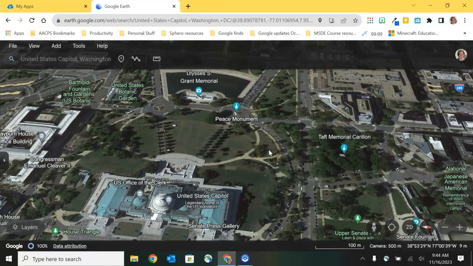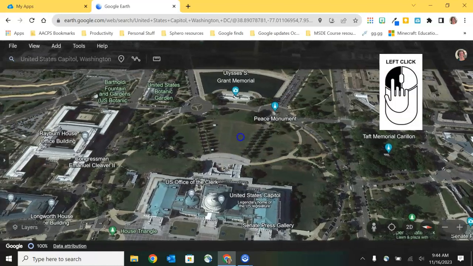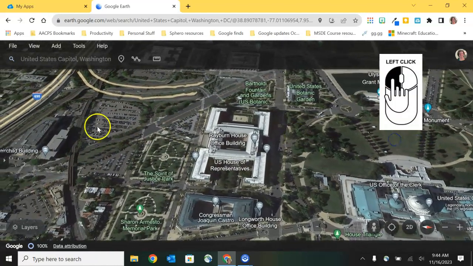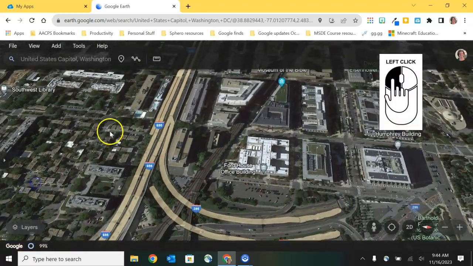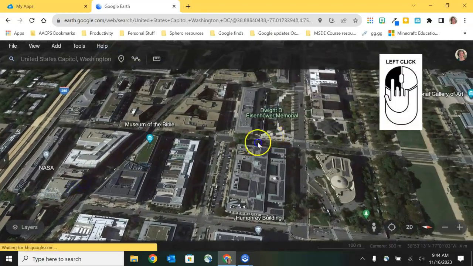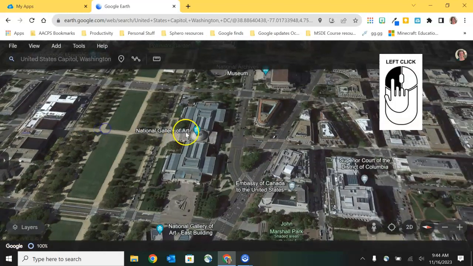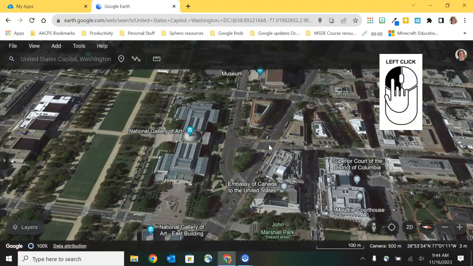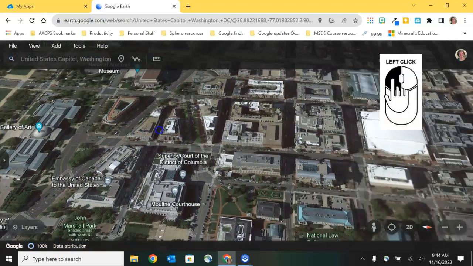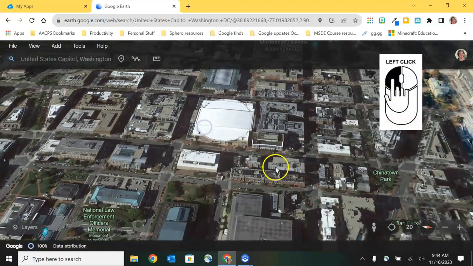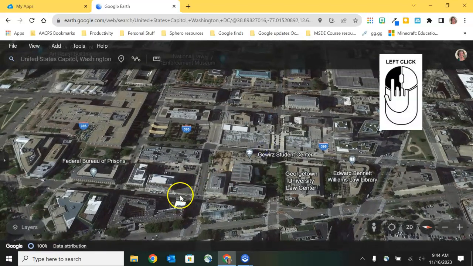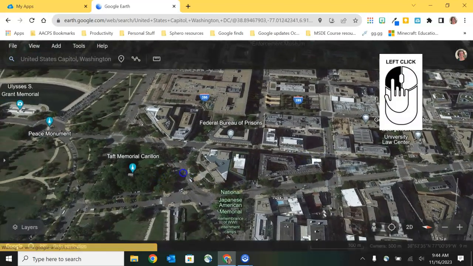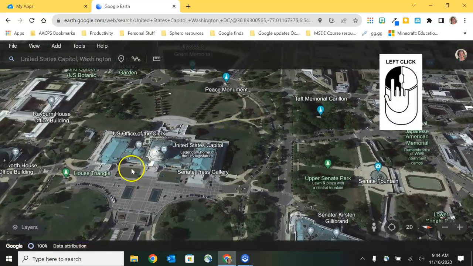One of the things that you can do with an external mouse, if you left click and hold down, you can drag around on the map to look at different places around whatever you had searched for. So I'm looking for things that are around the U.S. Capitol simply by clicking, holding down, and dragging left, right, up, down. I'm pushing the map in all the different directions that I want to change my view and focus on different